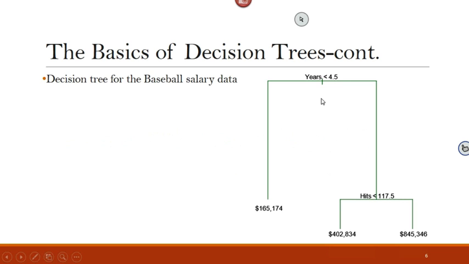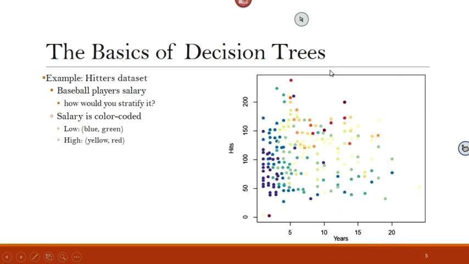Now, once you select a predictor and a cut point, that's it. You divided those two regions, so you're not going to go back to it. You're just going to move forward now, and now you have two regions, and you will think of dividing those two regions separately. So you go one step at a time, or what we call the top-down approach.